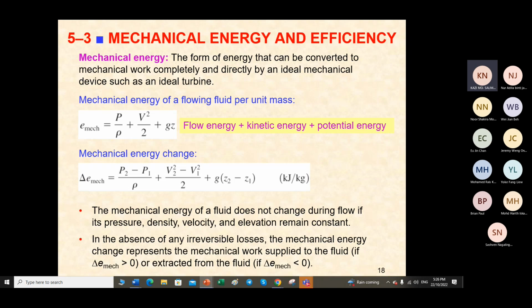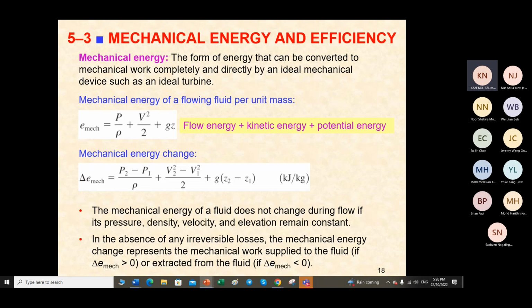Though it is isentropic, the energy is increased there. So in this case, it is added. But if it is flowing through the turbine, then the delta E mechanical of the system is less than 0, because it is losing energy. So it will show less than 0, negative. This indicates that the total system energy is dropping due to the turbine, because you are extracting